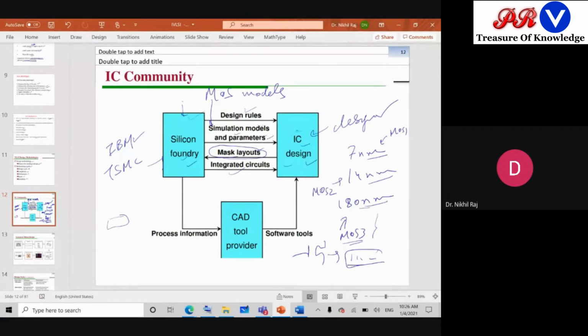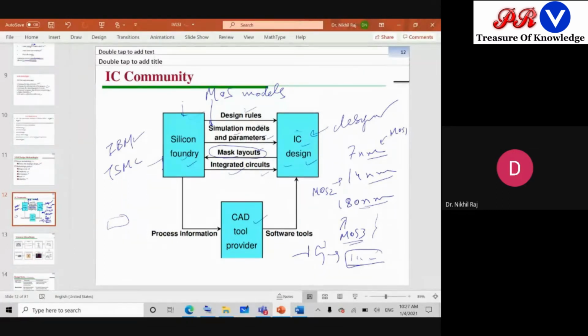And in all this process, before doing the fabrication, suppose I have given some design to the silicon foundry and it fabricated and gave me back, and when I do the post-fabrication simulation, I get to know my design is not working, there was a slight fault, some wire connection fault. So I will say, okay, sorry, there was a fault, you do refabrication. But what about the cost? This much labor they have spent, so much money on the fabrication, I have to bear that money. So in order to protect against this loss of money, we use CAD tools.